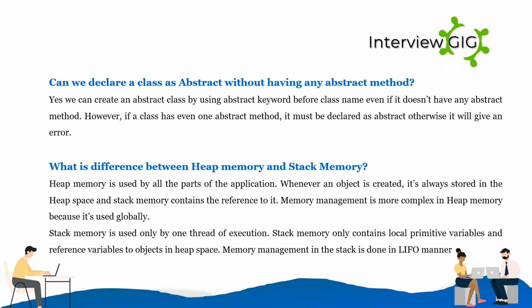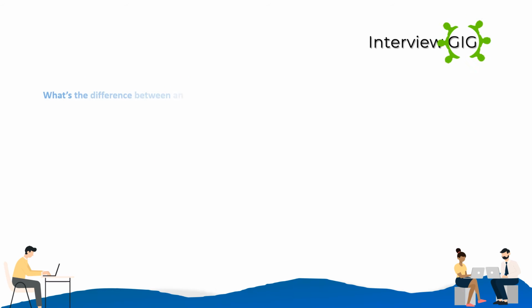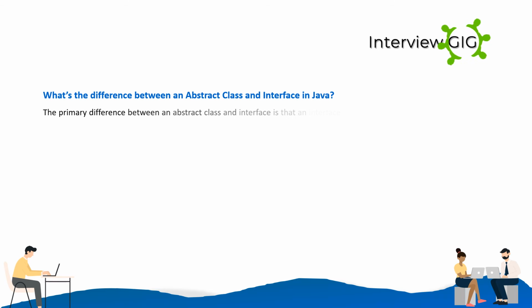Memory management in the stack is done in LIFO manner. What's the difference between an abstract class and interface in Java? The primary difference between an abstract class and interface is that an interface can only possess declaration of public static